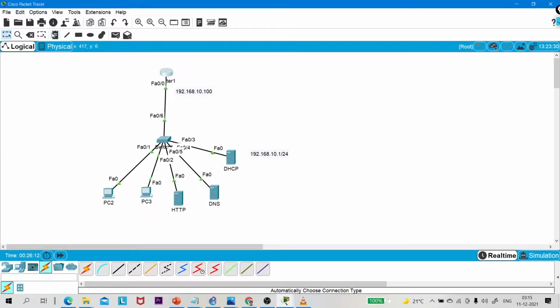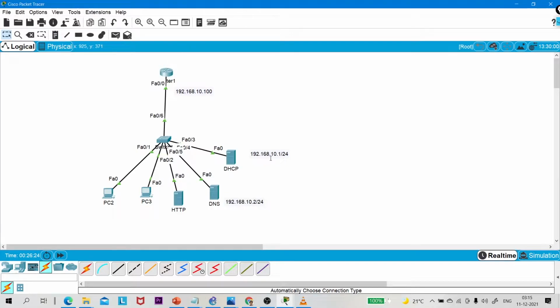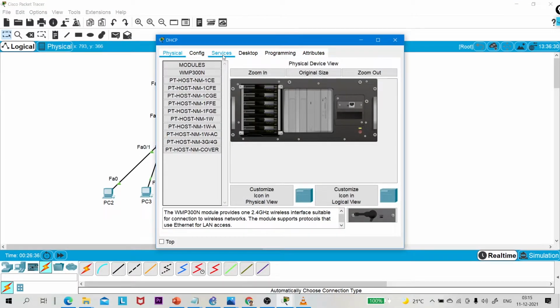Okay, now we need to configure the IP address on the DHCP server and DNS server. So what will be the IP address for the DNS server? Just suppose I am assigning the IP address of the DNS server as 192.168.10.2/24, right? So first I am assigning the IP address to the DHCP server.